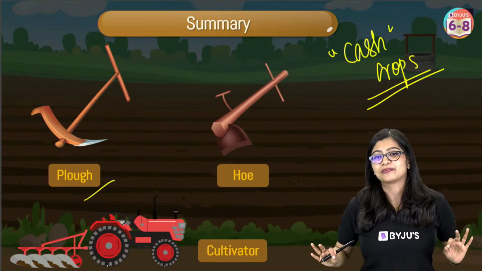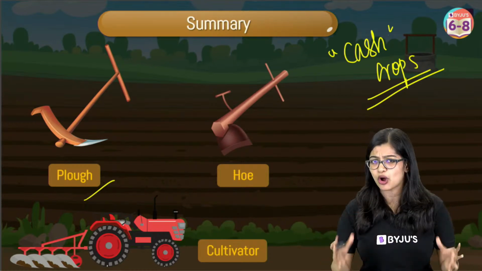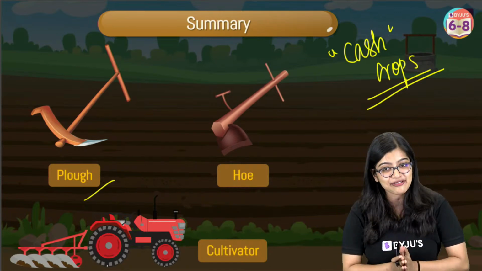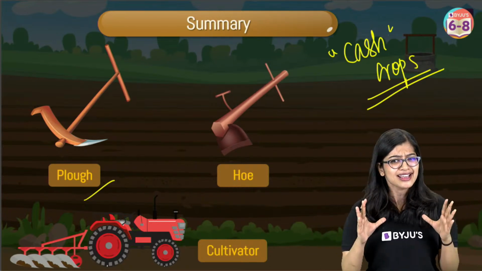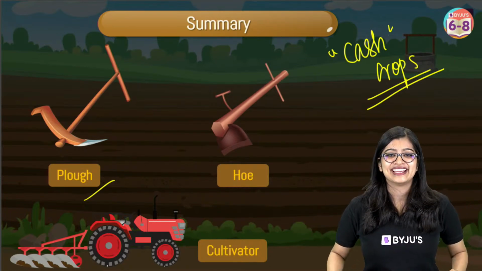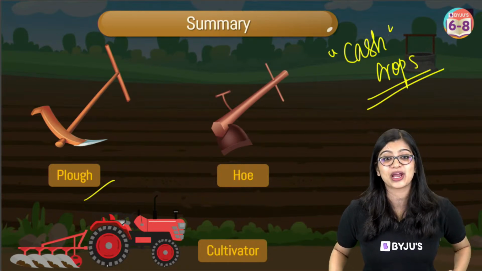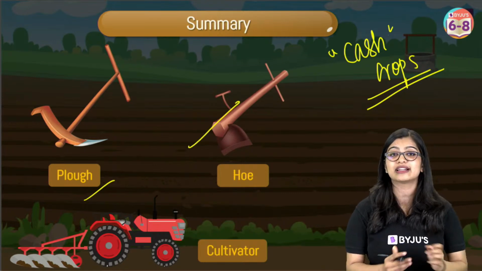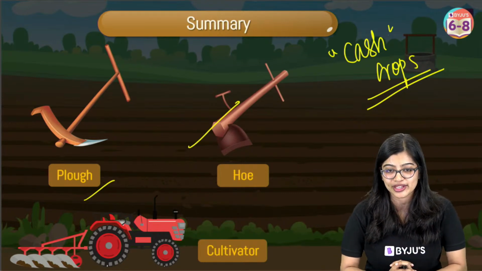So far, of course, we looked at some broad topics, right? But whatever we have covered, has it been easy for you? Have you started liking crop production a little more? Yes. Okay, all right. I can see that some of you are asking me what is hoe. Very quickly, hoe is a tool that is used to loosen the soil.